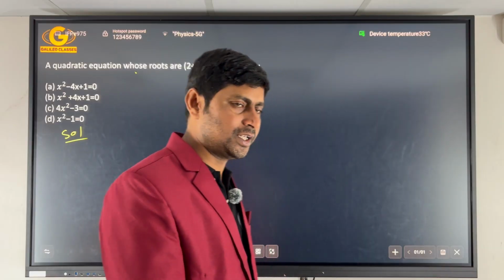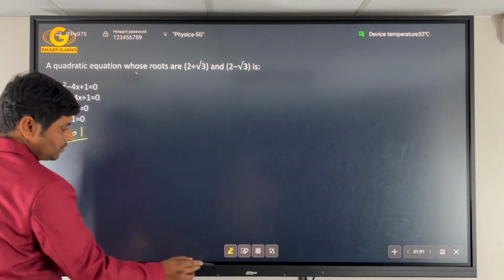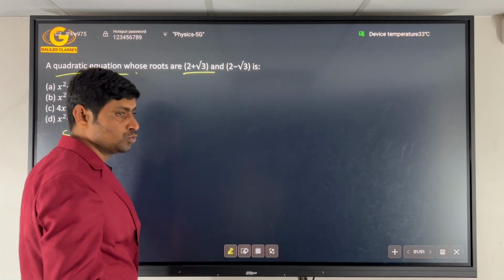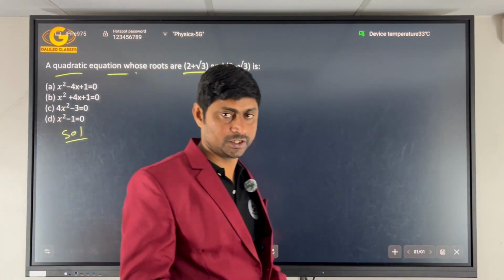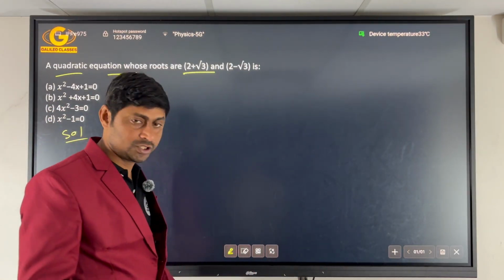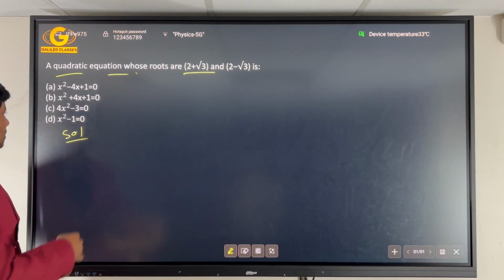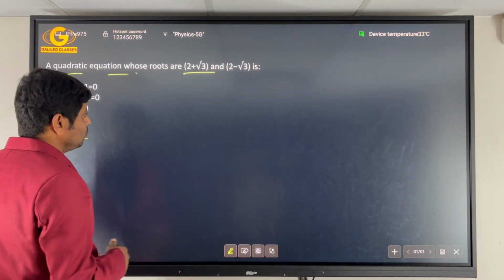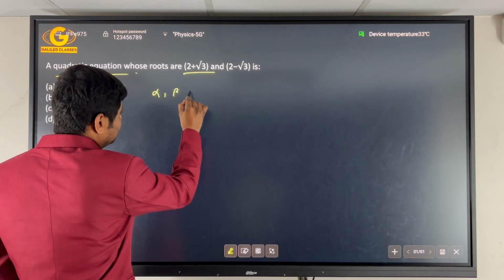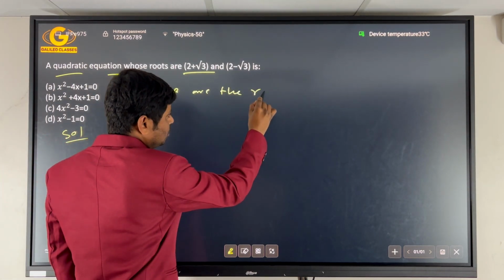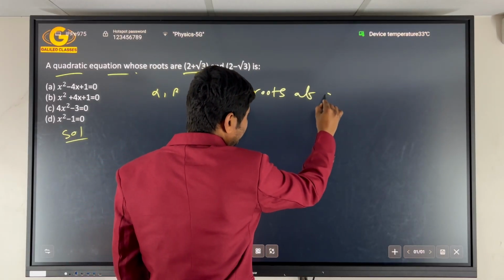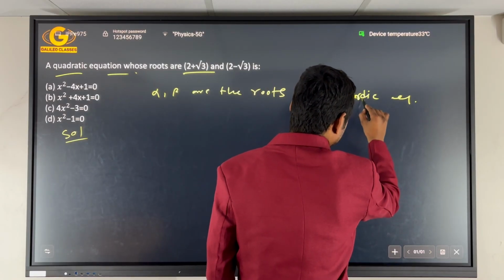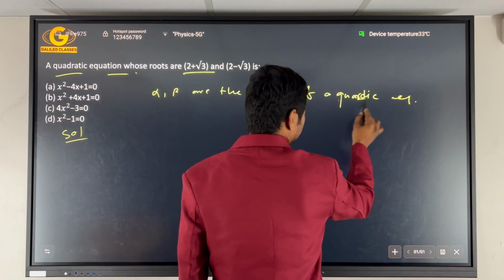The next question of the polynomial is: a quadratic equation has roots 2 plus root 3 and 2 minus root 3. We have to find the equation, and four options are given. We have to find the correct option. So we know, if alpha and beta are the roots of a quadratic equation,